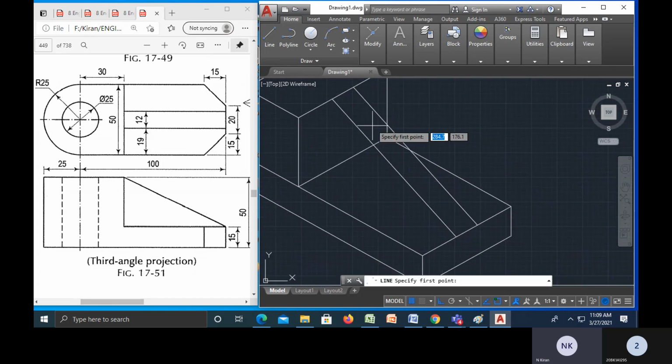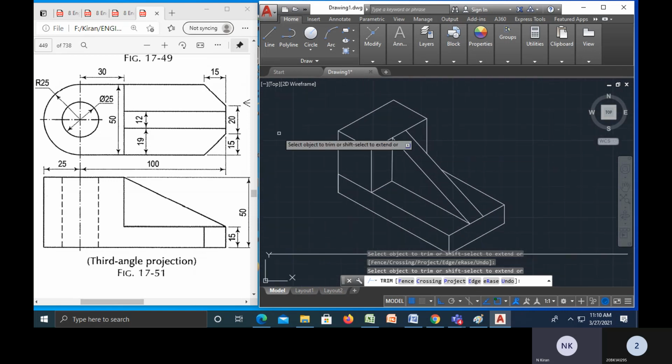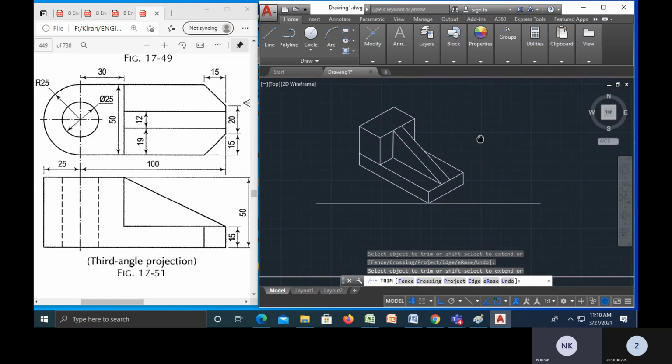Okay, again I'll enter, from this point I will join exactly, ortho mode. Now again L enter, from this point I will join up to here. Okay. Now TR double enter, and this part it should be hidden and we can trim it off also. Right. This is the portion we have completed with all the necessary values.